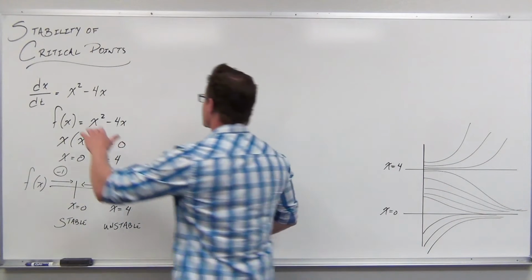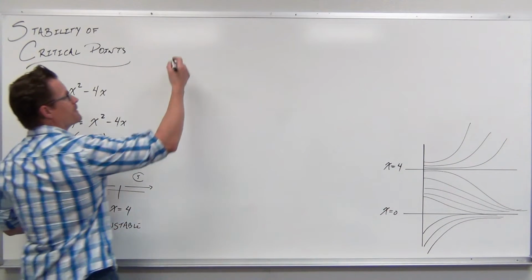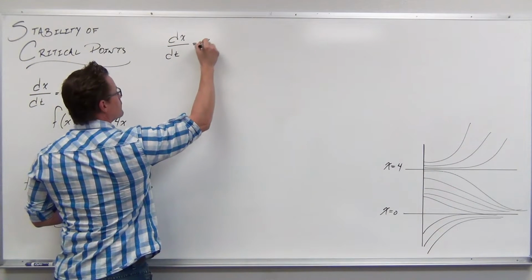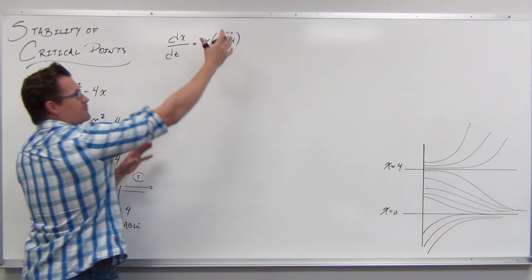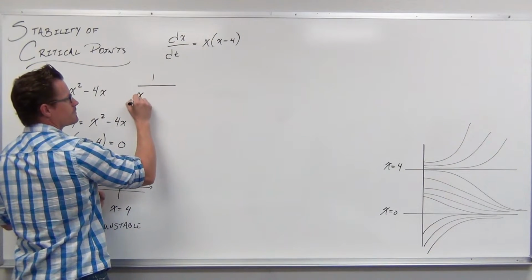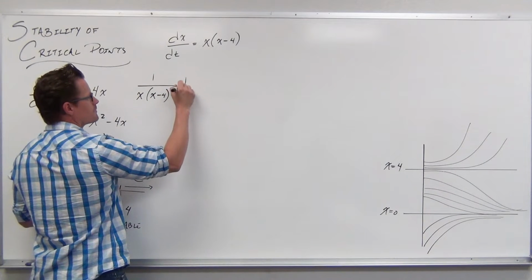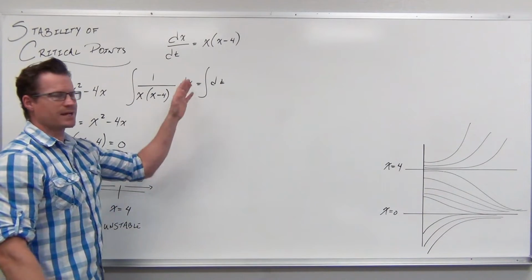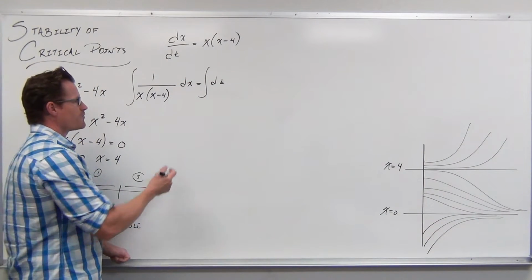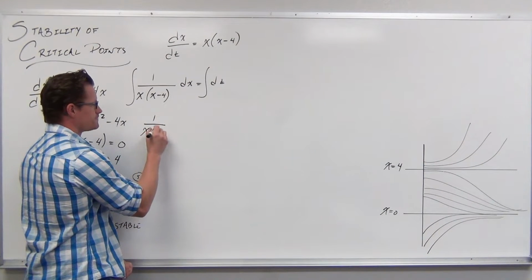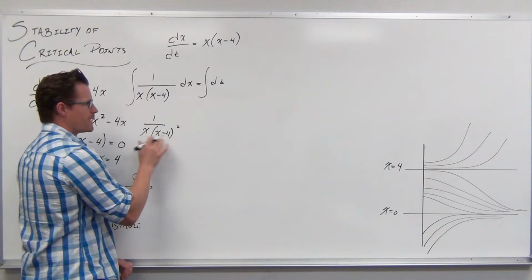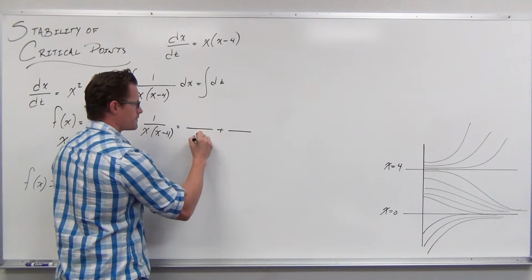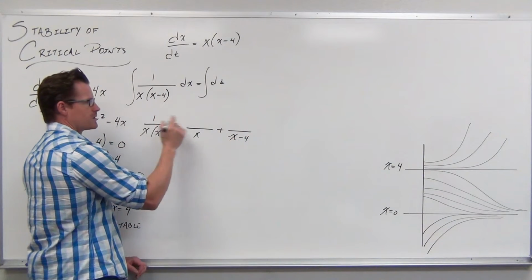So let's do it. So we know that this is factorable. We've already done that. And if we separate our variables here, and we take an integral of both sides. Right-hand side, very easy. Left-hand side, we're going to have partial fractions. So 1 over x minus 4. Remember that linear factors give us fractions. Linear gives us a constant